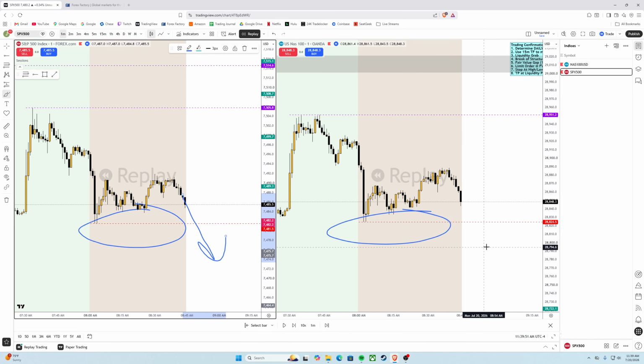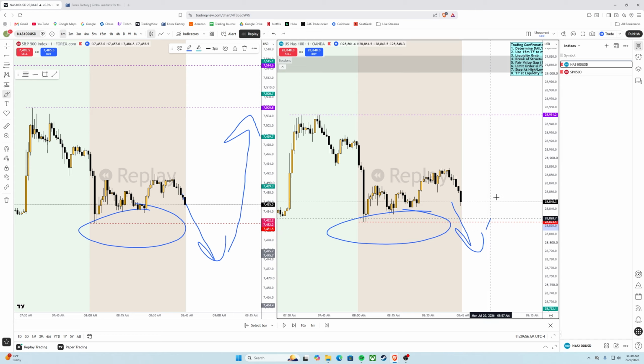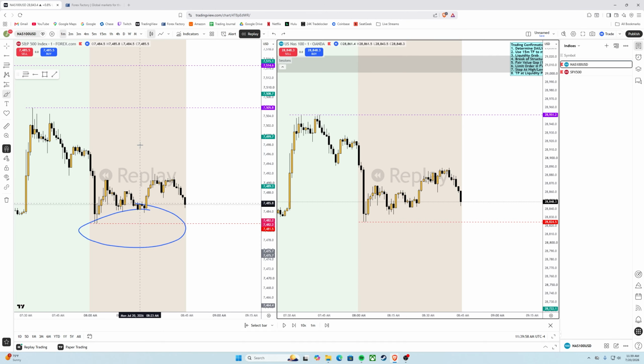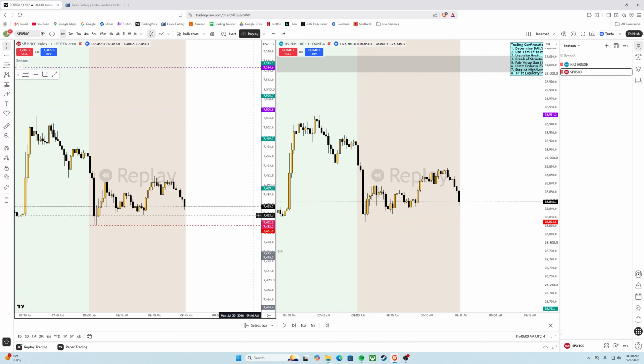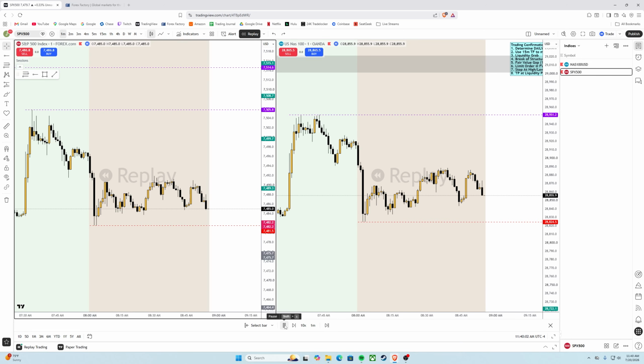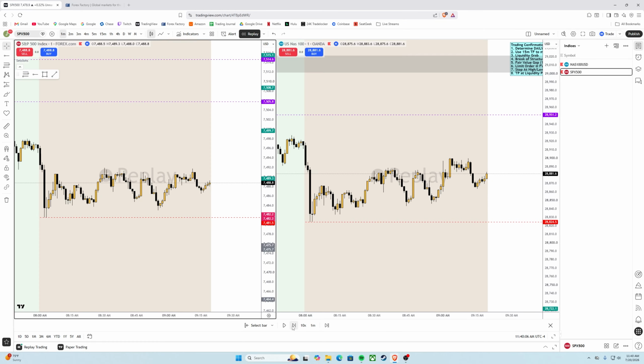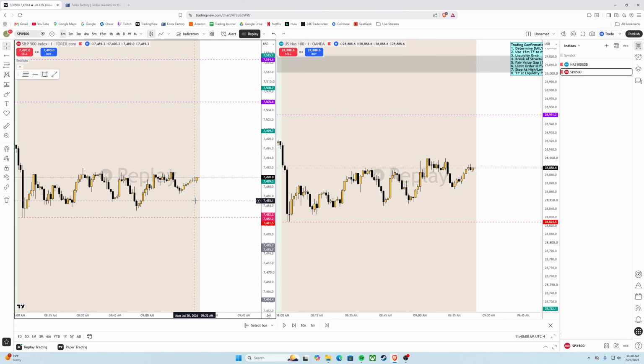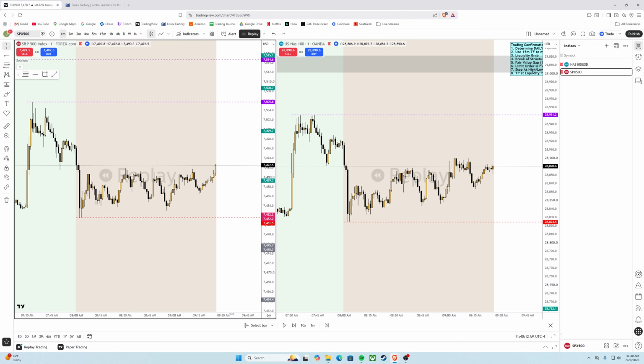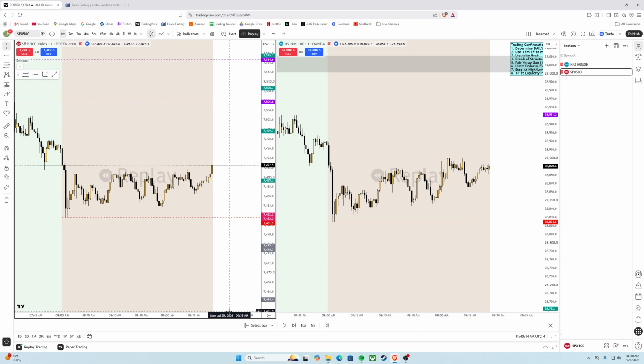We want price to do that by going down, and then we want price to give us an entry so that we could take it higher because we are in fact bullish for both pairs, right? So now we'll fast forward a little bit. Price is kind of consolidating, and now we are getting close. So here we are approximately at 925, 926. Now remember, we are bullish, and so we want as many upside targets to stay available, right?